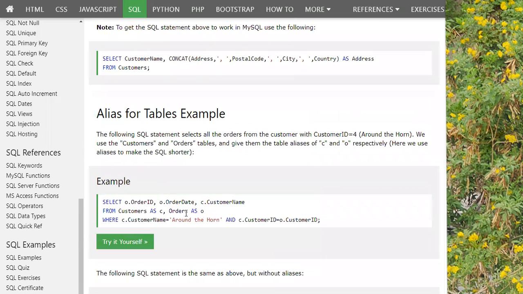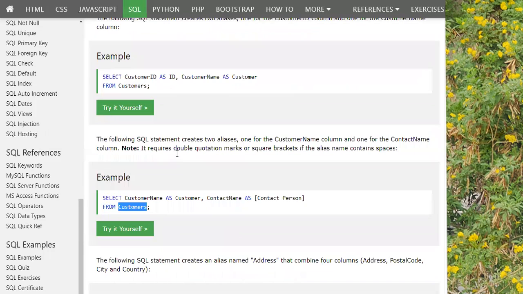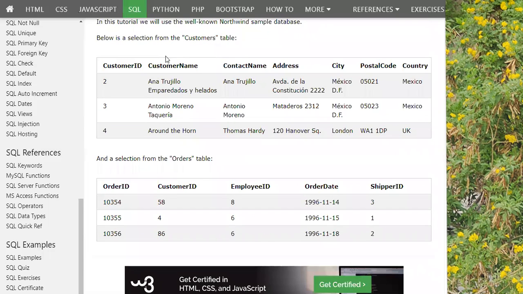So suppose there is a customer table and an orders table here, and both have the same column name, customer ID and customer ID. Now, when you do a selection query from two tables and you want to refer to which customer ID you are talking about, then you can say customer ID C and customer ID CID. So you can also put names, short forms of the respective tables, so that it is not confusing, because here it is a confusion. Both names are the same.